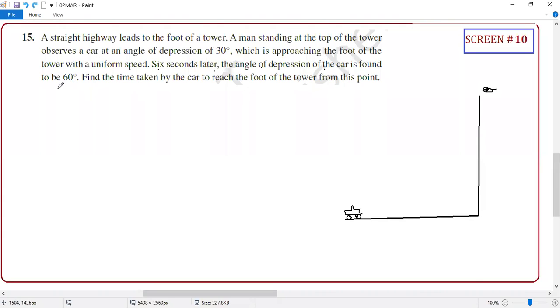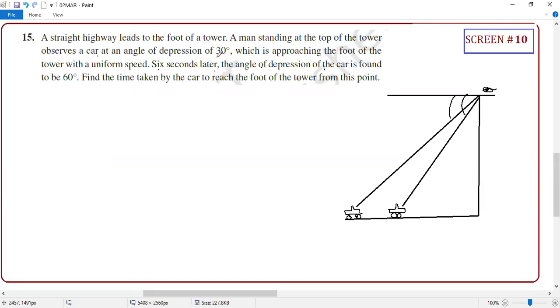Guys, are you noticing that? When the car is moving closer to the tower, means closer to him, the angle of depression is, angle of depression means what, guys? This is his horizontal line from the eye. Now he's looking at this car, and the same car is moving. Many students think that, sir, the car is moving towards him, so the angle of depression will decrease. No, it is increased. Correct or not? You have to lower your head more. For this, you have to lower less. Clear or not? So make sure that angles are mentioned properly.